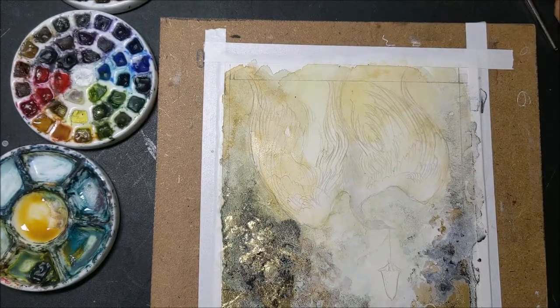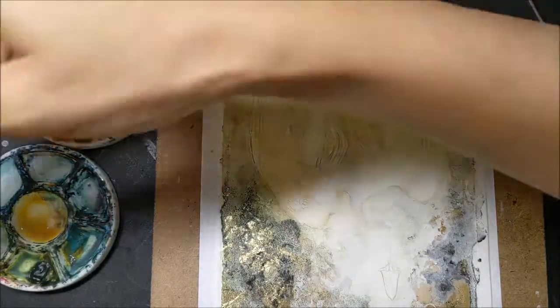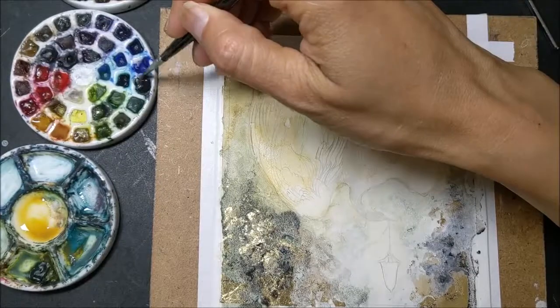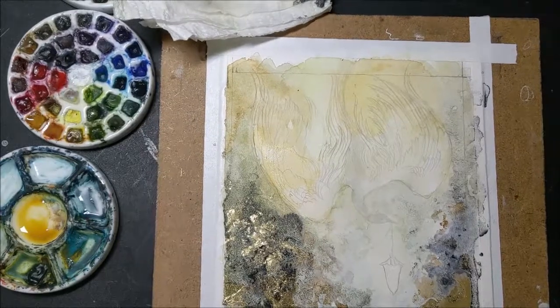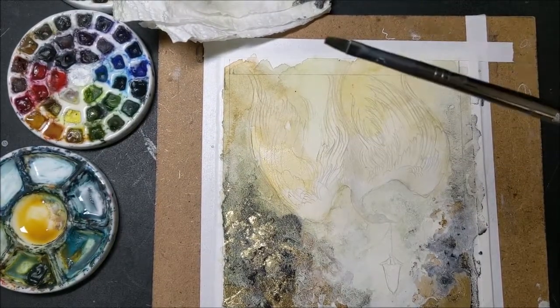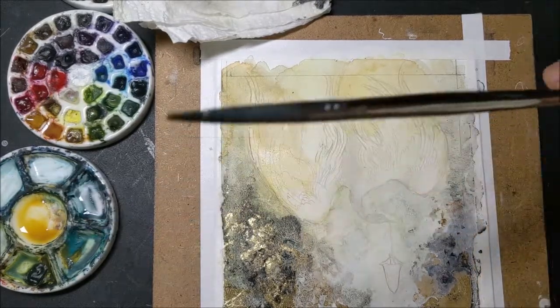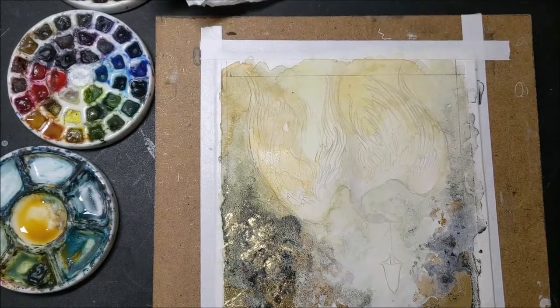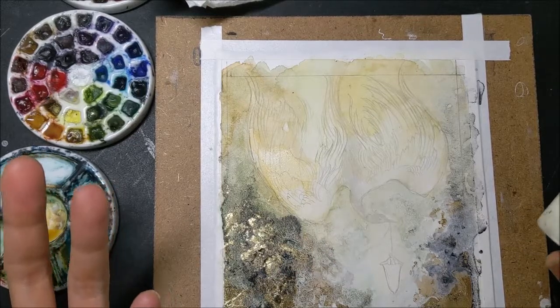Now for the head and neck, I'm going to grab one of my older brushes because I'm going to do some dry brushing stuff. And dry brushing action is always kind of tough on the bristles. So rather than damage my new brushes, not that what I've been using so far has been any good brush. This is a $2 Zen Royal and Langnickel. Fairly cheap, synthetic bristles. I use them as an all-purpose brush for stuff where I don't really want to worry